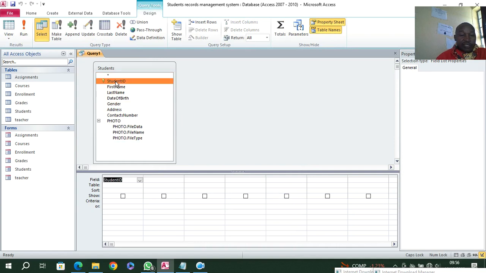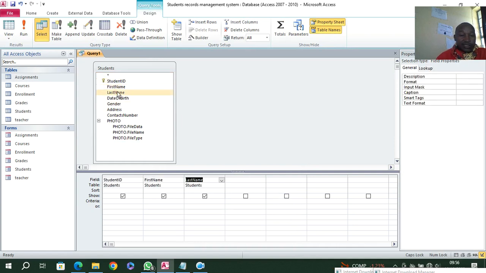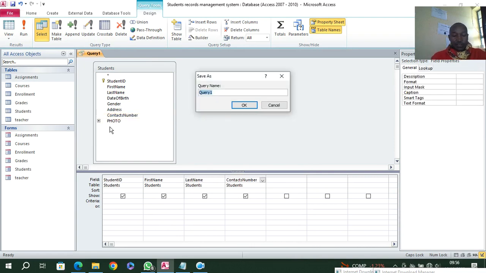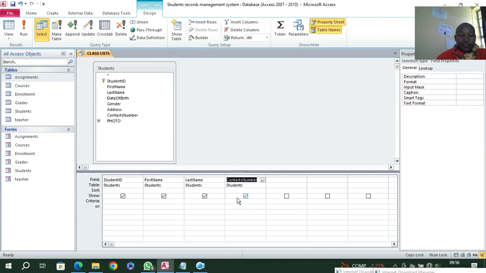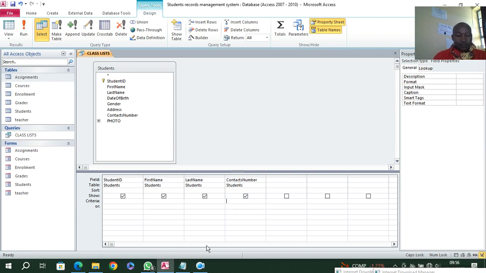Here I have the student ID, first name, last name, and then we can just have the contact. So guys, from here, I just save this one as class lists. So we shall have class list, and then we can also filter here using the phone number. So here, just put square bracket, enter